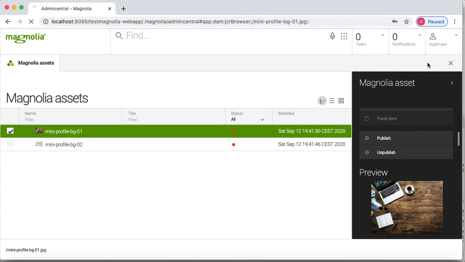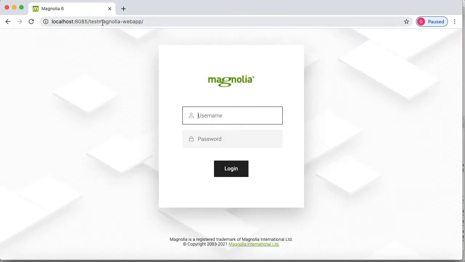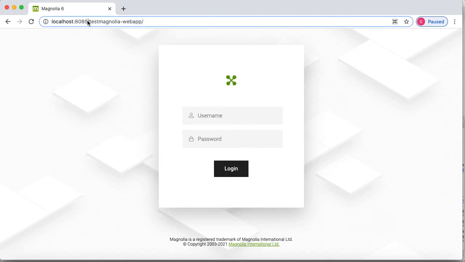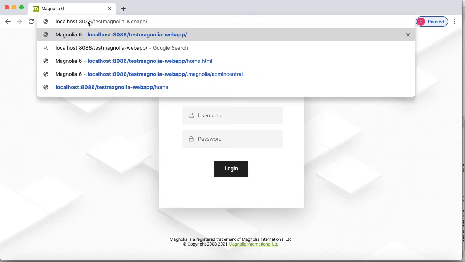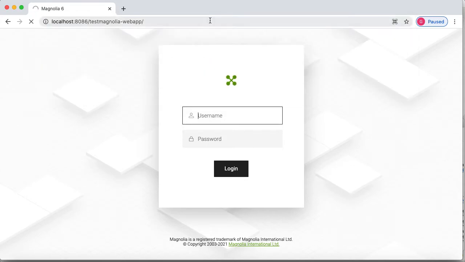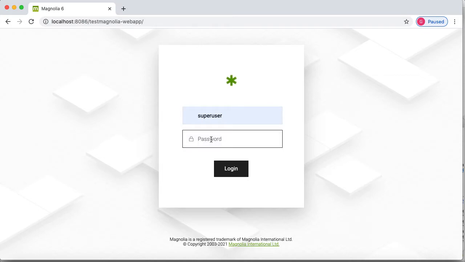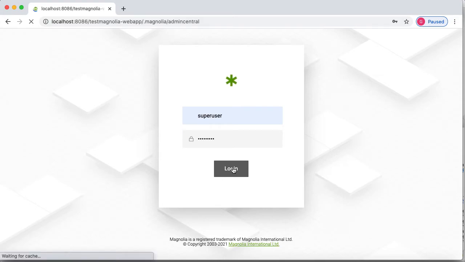So I will log out from here, and I'm going to log in to the public server. Same username and password I will use, super user, and I will go inside.